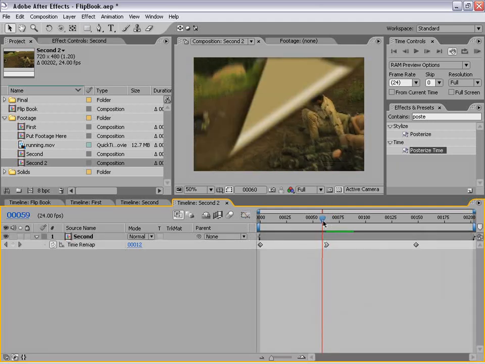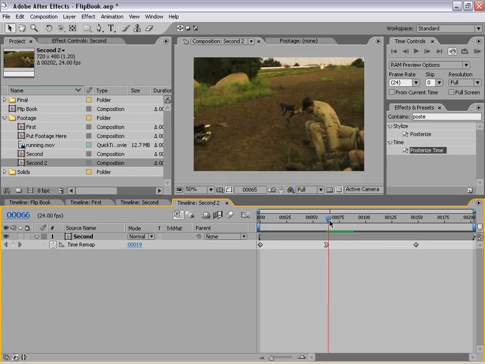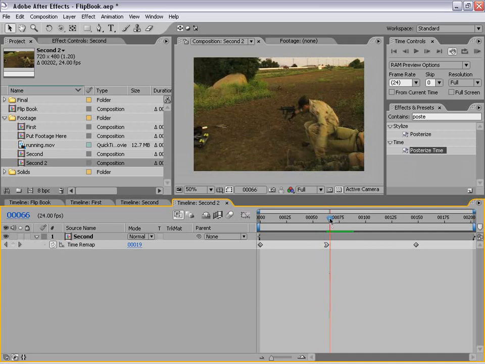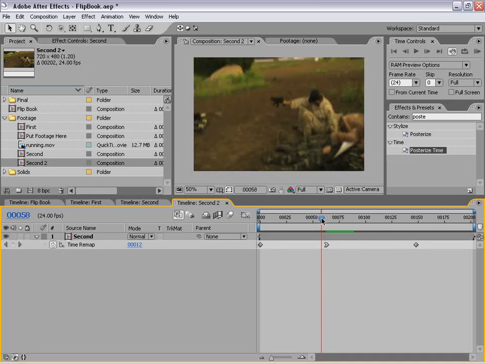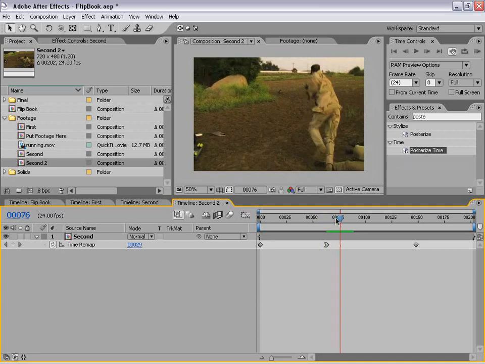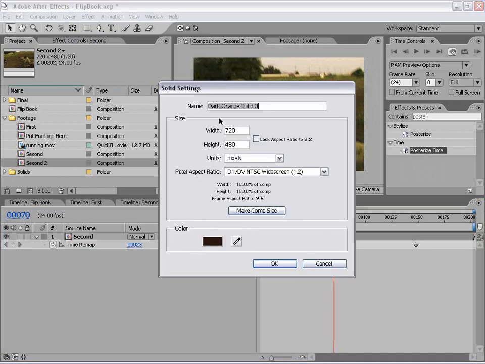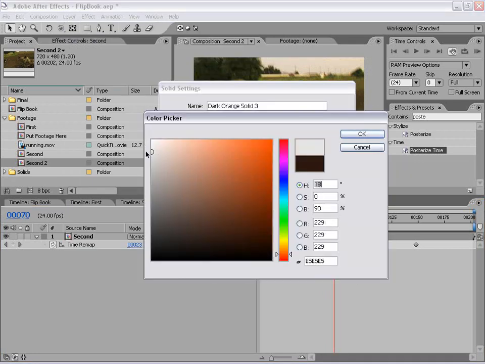plays up to real time, once it starts playing real time, you no longer see the page peel at all. And that's what we want, but at the same time, we need something to kind of graduate it into not seeing it at all. So going from seeing it to not at all. And what we can do is create a new solid, and let's just make it a little off-white and choose